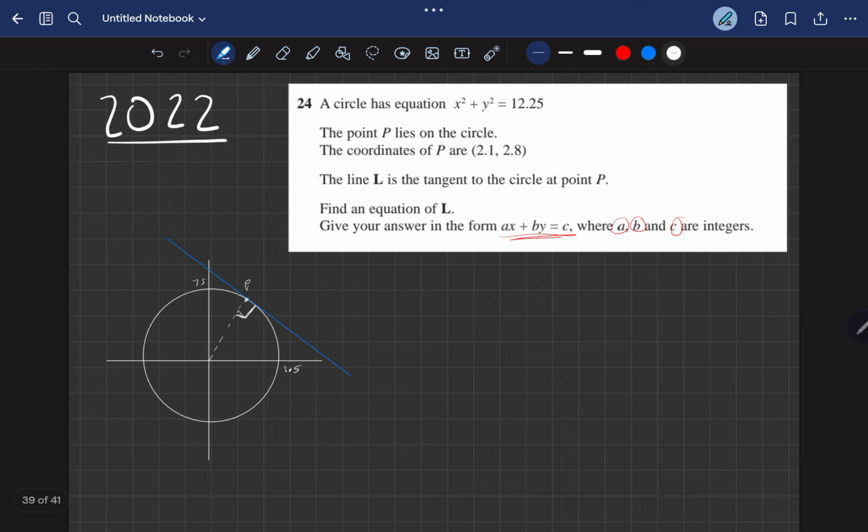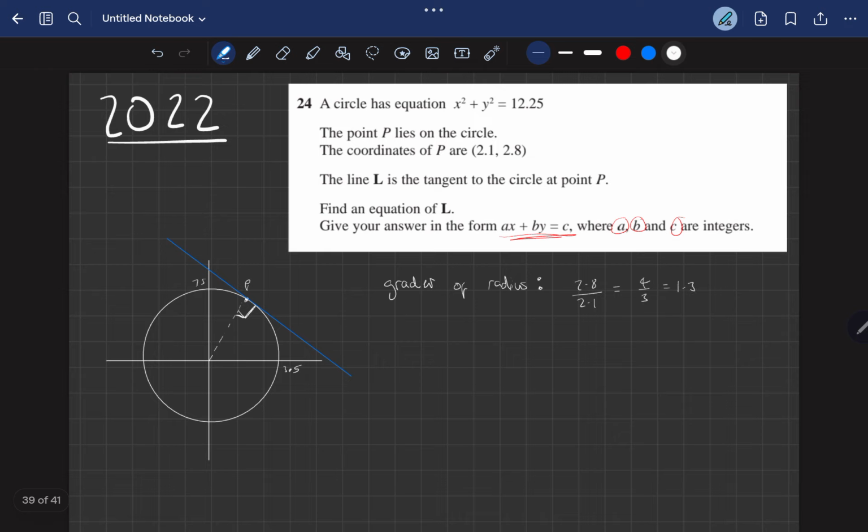Gradient of radius is rise over run, so that's 2.8 over 2.1. And I could divide both top and bottom by 0.7, or I could put it into a calculator. 4 over 3,